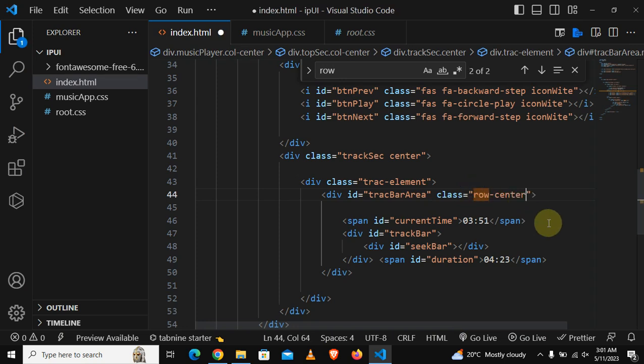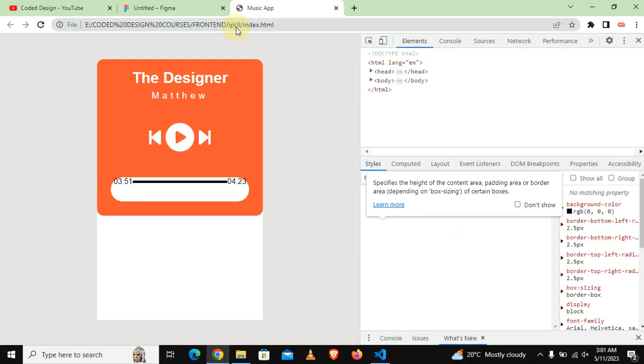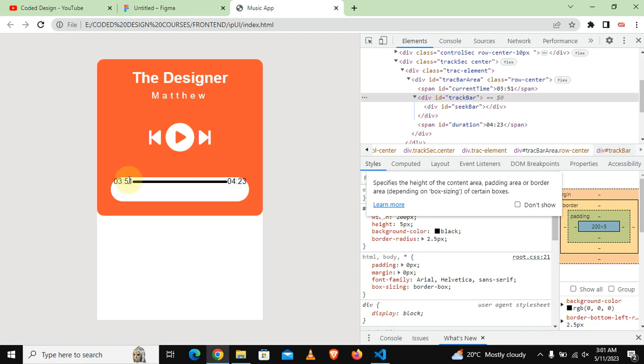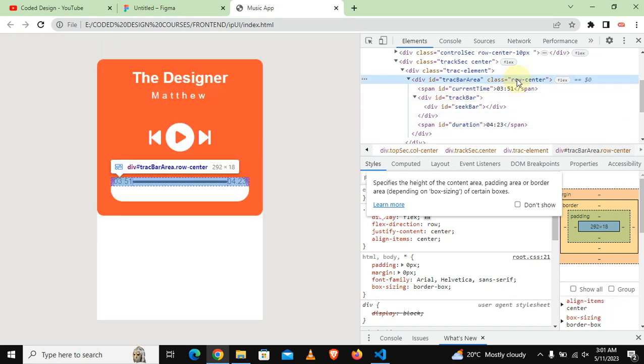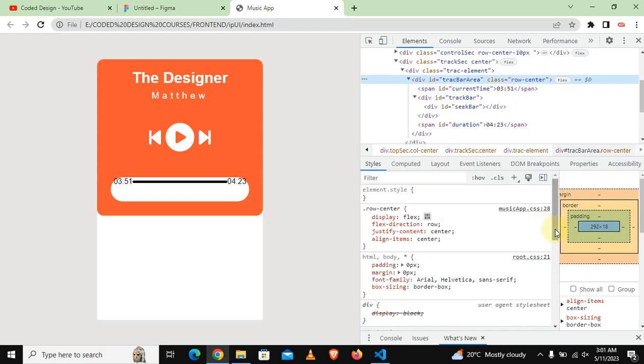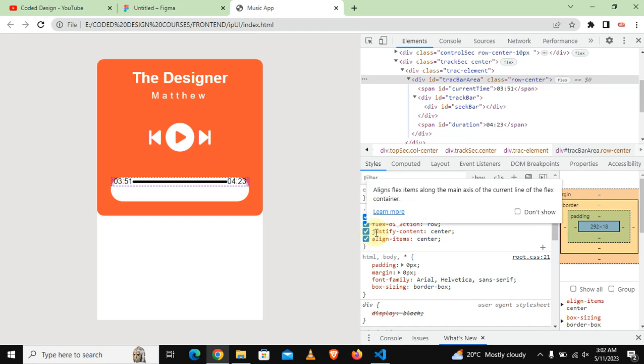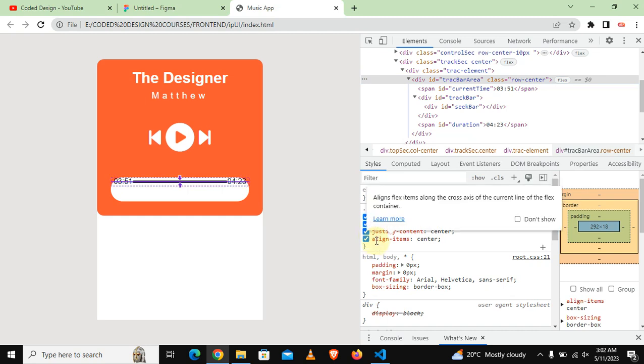Save that and let's go back and refresh. As you can see, now this has got a row center, but our elements are not centered inside this. Let's quickly check why. Track bar area, you've got a class of row center. I'm happy with that. Does this class of row center center things vertically and horizontally? Yes, but then now